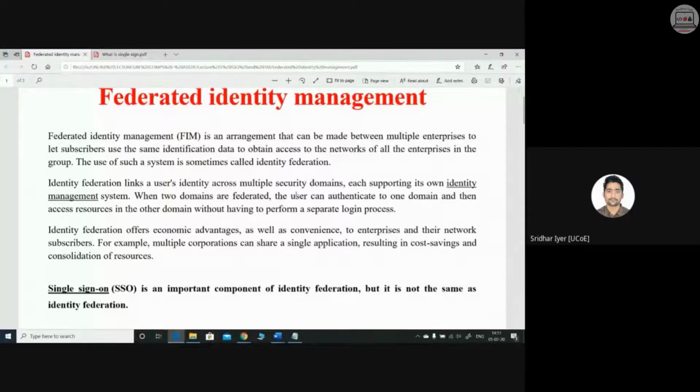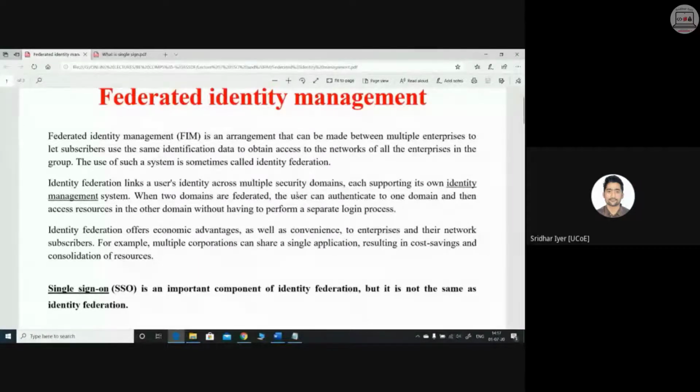A trusted third party will be an entity, or basically an enterprise or an organization, that will authenticate the user on your behalf. In simple terms, that is what we mean by federated identity management. Once you are authenticated by that trusted third party, you could easily access any of the applications from various organizations which belong to that trusted third party. Let me come back to this point once again. There is a concept of a trusted third party. All the organizations or all the enterprises register themselves to the trusted third party.